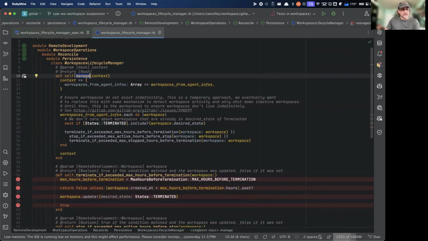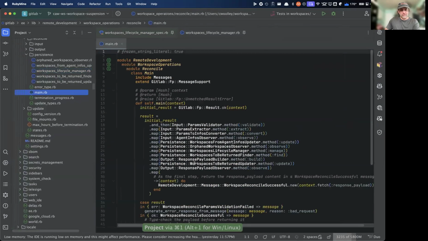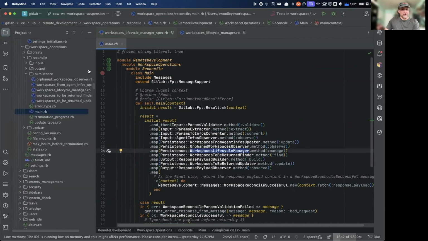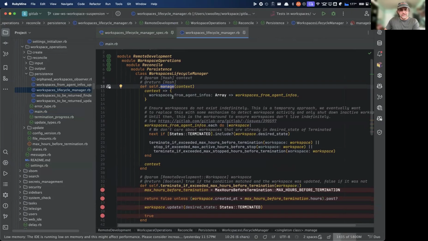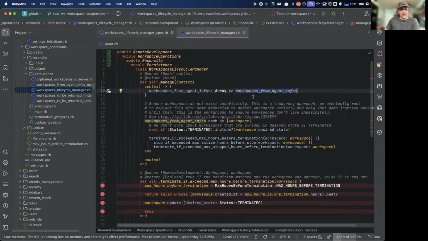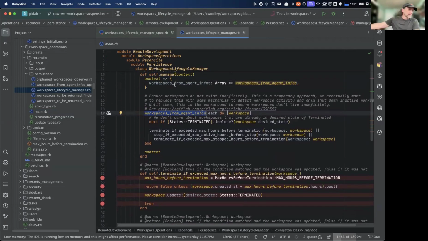There's this one step, which lives in the ROP chain here, Workspaces Lifecycle Manager. This is the reconcile ROP chain of when we manage the state of the resources. So that's the big picture here. The logic that we're testing is pretty simple. This step gets the context, which is basically just the workspaces in their current states, which is what we care about out of it. And so all of the workspaces the agent knows about that it's sent over in the reconcile loop,